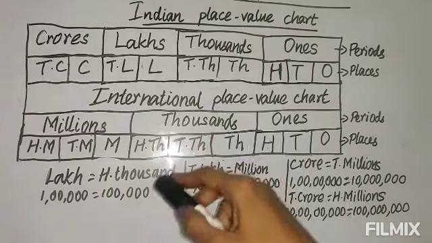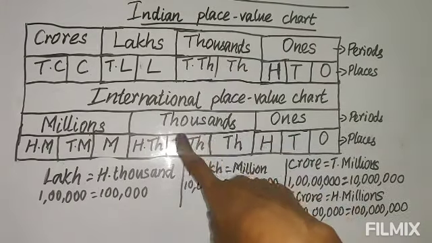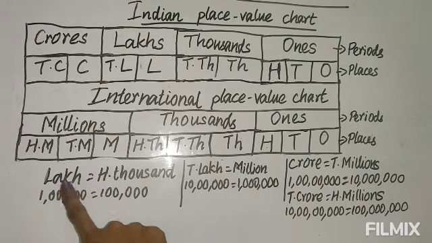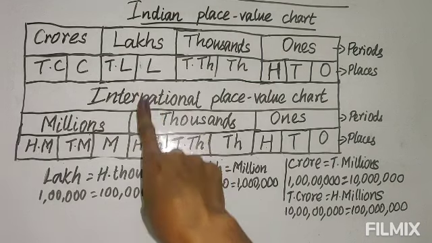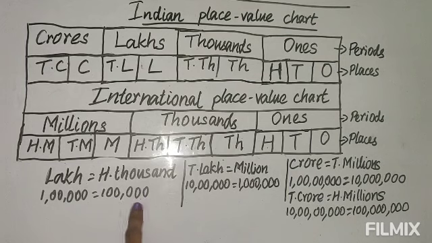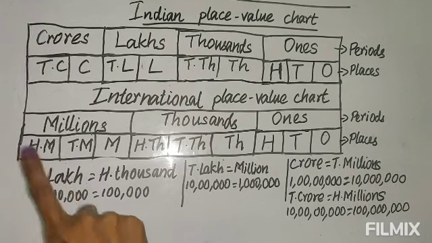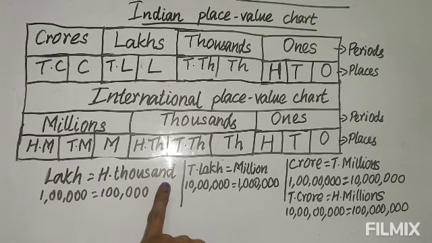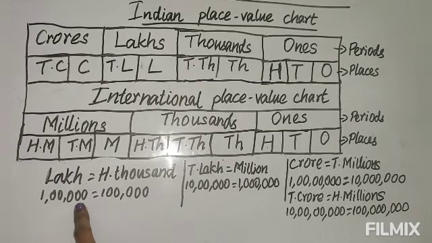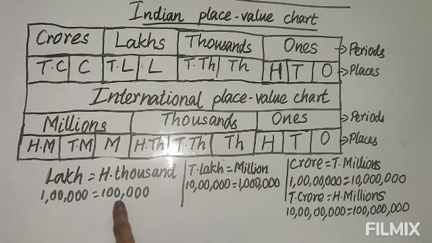Now here I have compared both, and I have given the Indian Place Value Chart and the International Place Value Chart, and which are equal: lakh and 100,000. These both are equal. You can see the value is same. Only the way we call it in India is lakh, but internationally they call it 100,000. See the zeros here, also 5 zeros, and here also 5 zeros. Only the places where the comma is placed are different. The periods are different, that's all. All other things are same.